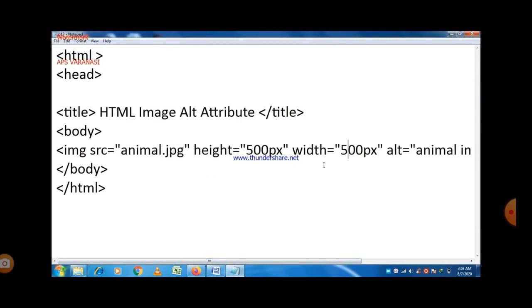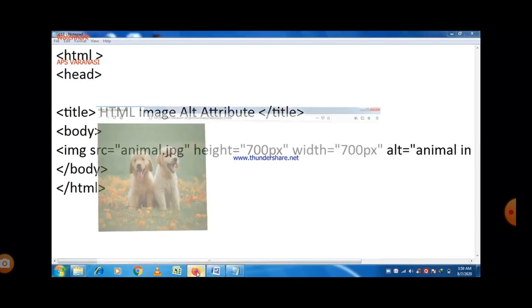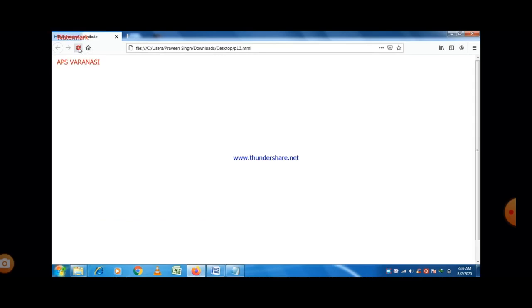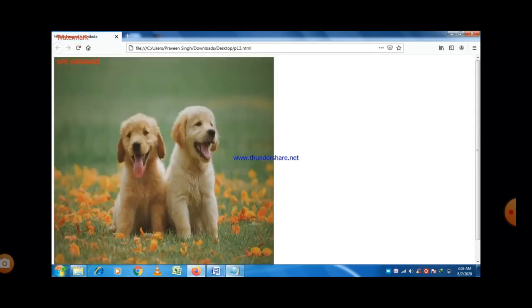And if a value is given in terms of percentage, then first of all let us take 700 px for both of them, and check what is the difference going on here. You can easily see that.